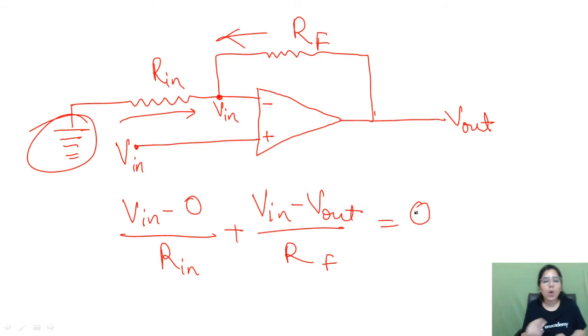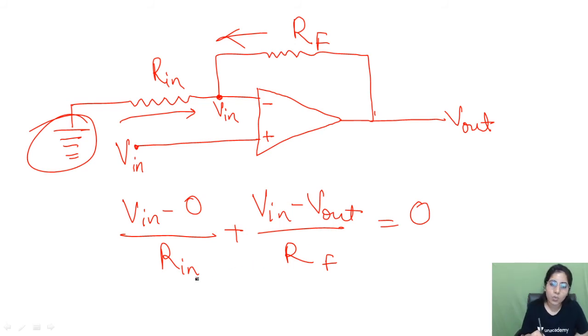And the sum of all the currents equal to 0, because both were just entering, so we will consider the same sign. Otherwise, if one will be entering and one will be leaving, we have to take different signs even when we are writing the currents on the same side. But if you will take total current entering equal to total current leaving from the junction, then you don't need to worry about the sign. Then you will just normally write it.